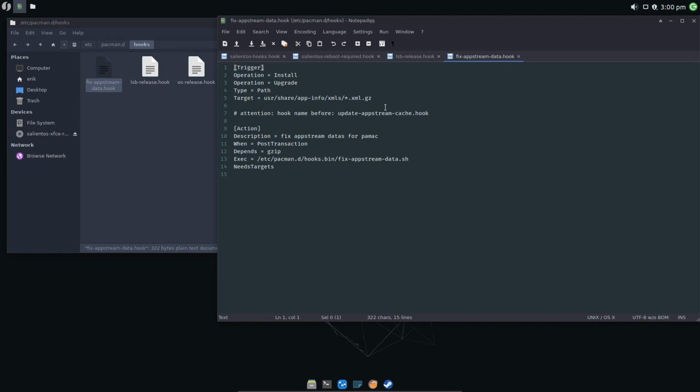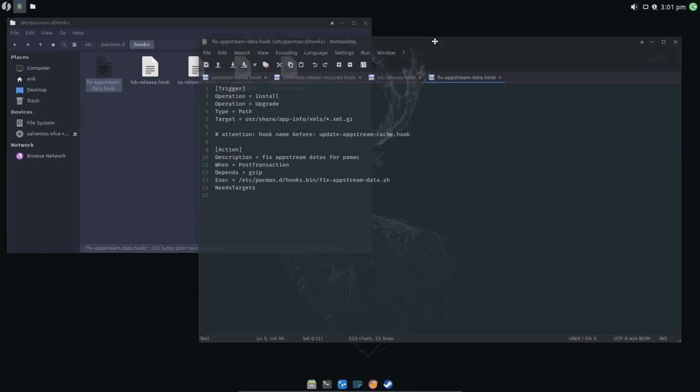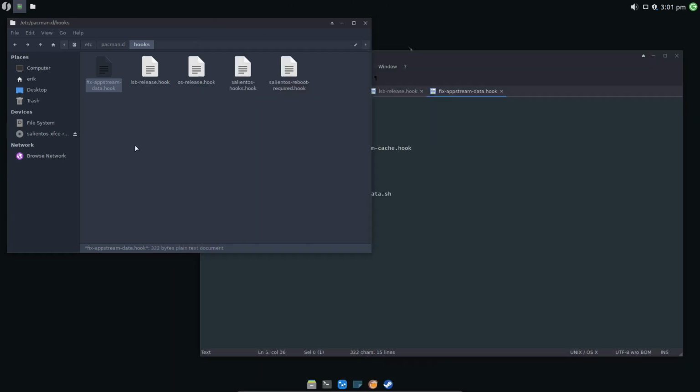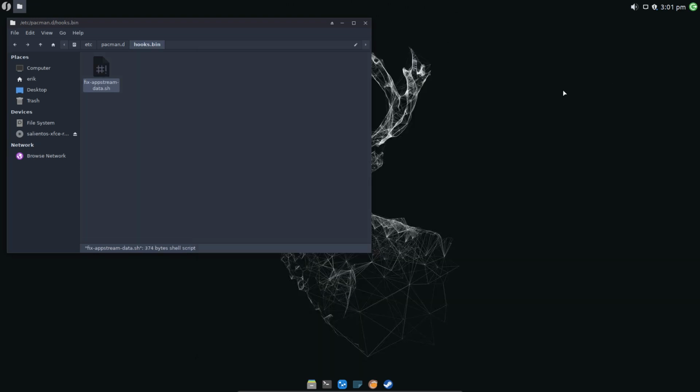PAMAC, so the icons. It uses a stream. That's a smart thing. So asterisk. So anything with XML coming from this particular path, if that happens, then you're going to update this thing. So we better have a look. Is the ZSH in here? No, it's not. Hooks.bin. Okay, so like an extra folder in here, and yeah, that's the one we know.